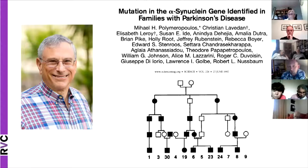Now, we now know that alpha-synuclein is very important in Parkinson's. It's the gene that makes the protein alpha-synuclein, which is found in sticky lumps in the brains of many people, if not all people, with Parkinson's. And going back to 1997, this changed the way in which scientists and neurologists thought about Parkinson's,